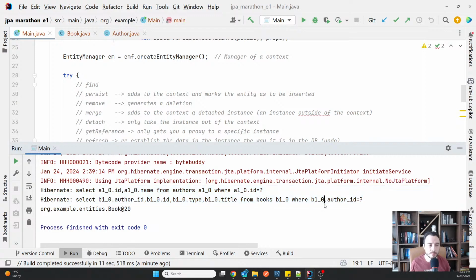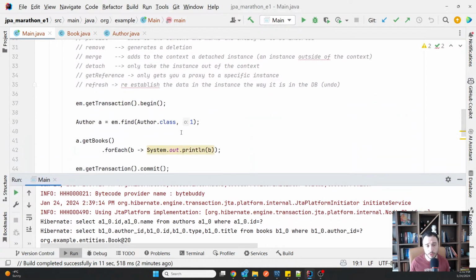Why is this called an n+1 query problem? It's because you have one query at the beginning getting the entity and n more for the n records of its relationship. So if you have one author with 1000 books, you will have one author and 1000 more queries for the books. I mean n+1: n books plus 1 author, the n+1 query problem. So that's the problem with the laziness.